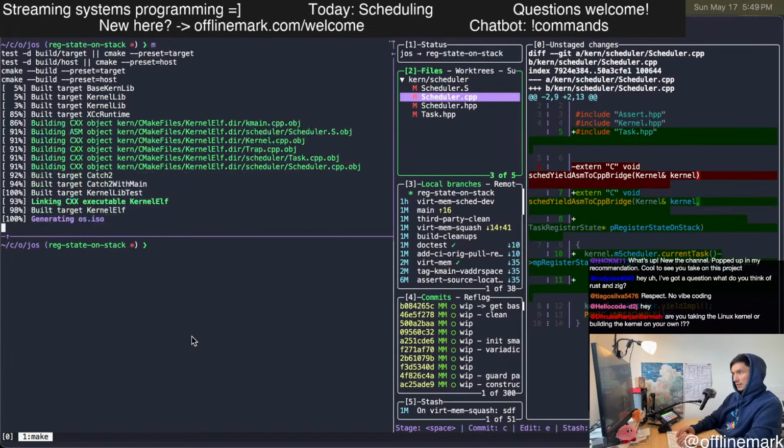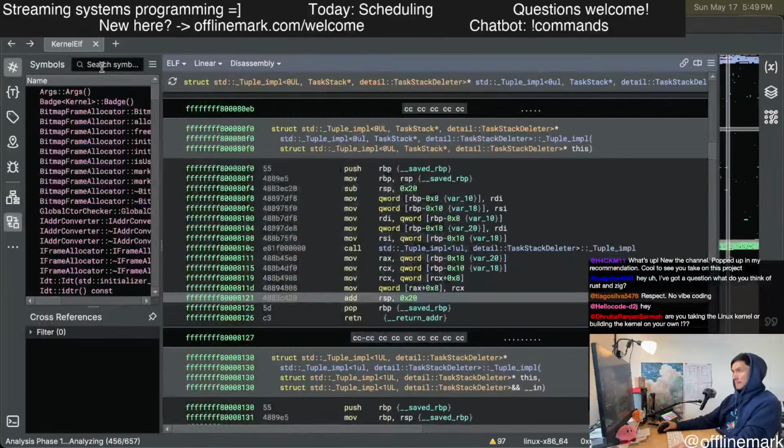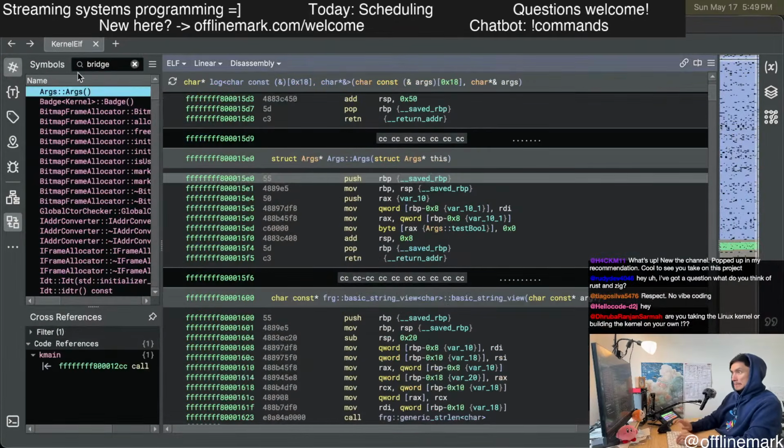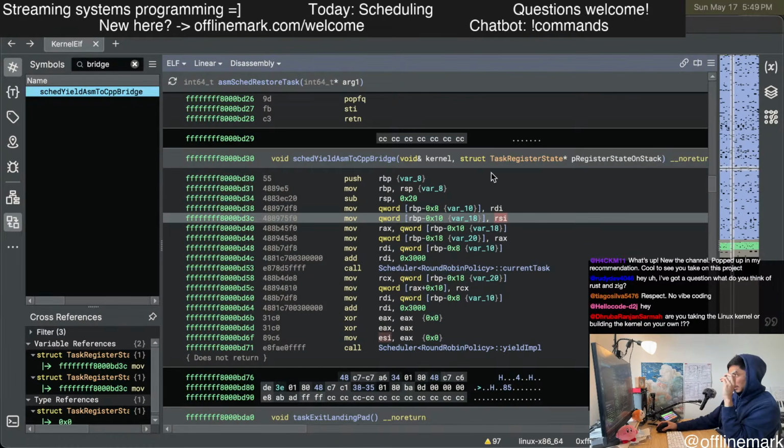So that compiled. Let's take a look at Binary Ninja. Let's look at the ASM to CPP bridge, and we should see RSI. Here we go, RSI.